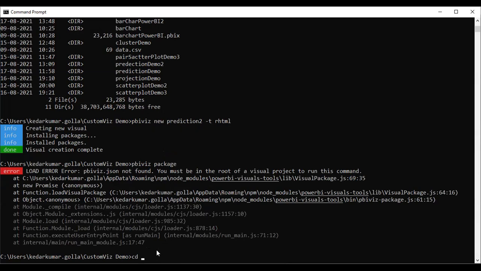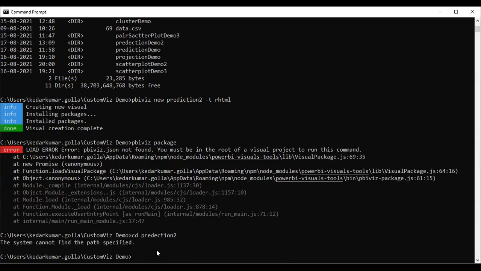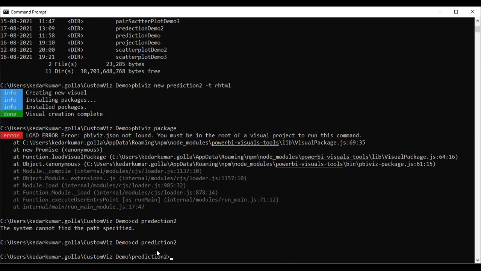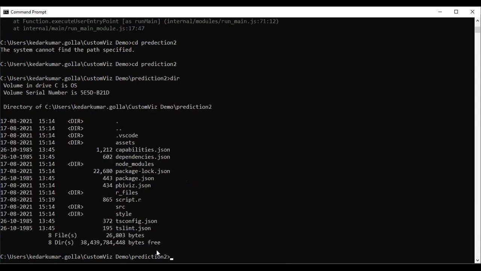I'm just doing cd. So here you can see all the R script that we just saved and some other files.